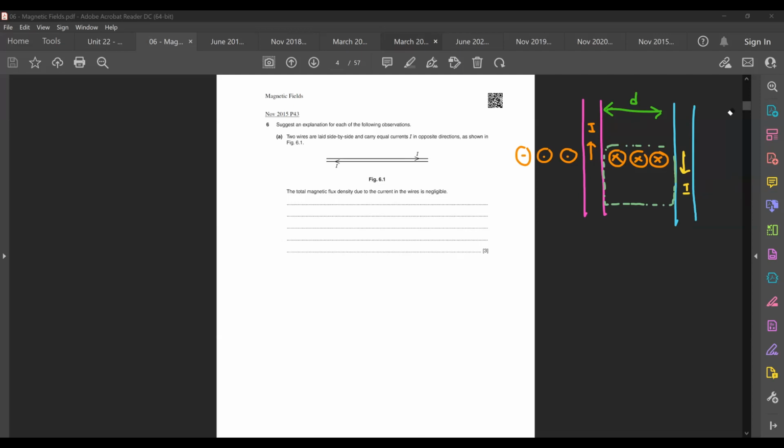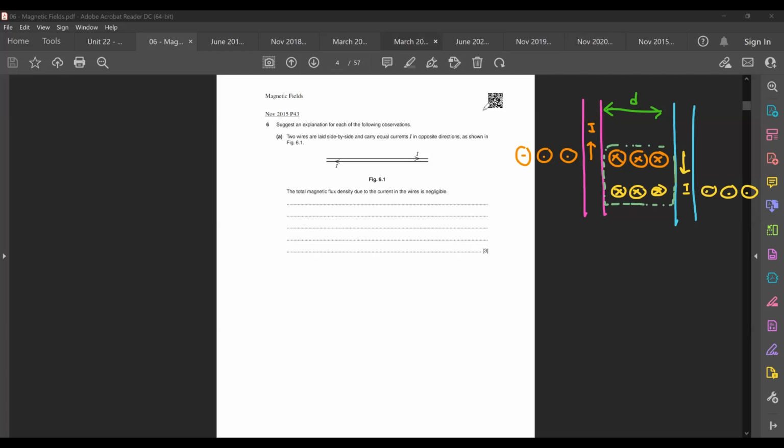This one, if I use right hand grip rule, because the current is pointing downwards, right? The left hand side would be where magnetic field is going into the plane of the paper, and then magnetic field is going out of the plane of the paper on the right. Okay, this is the correct pattern, right? If using right hand grip rule. Yes. Okay, right now, if you look at this center region now,